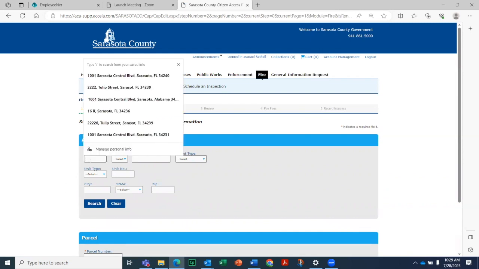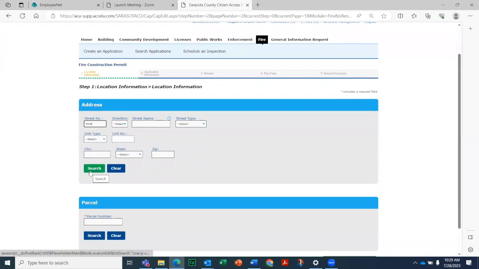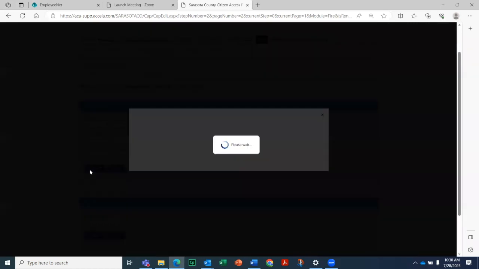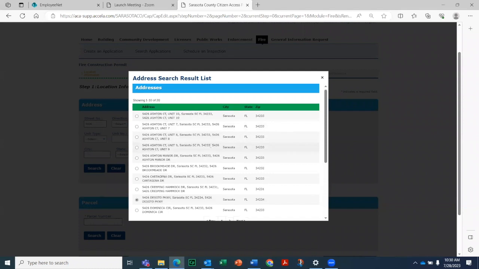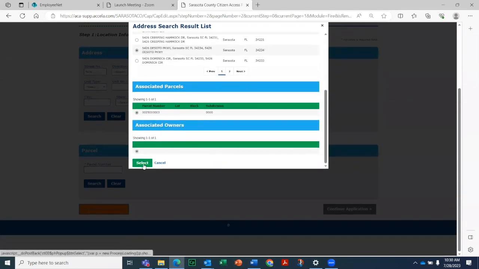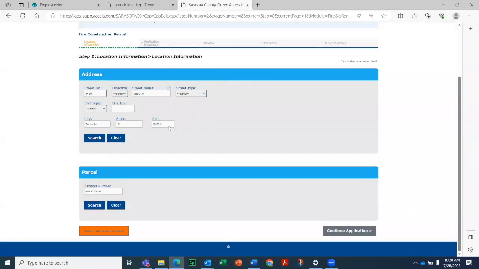Punch in the street address of the location of the project. I start with either some numbers or a street name or a combination of the two to search. Less can be more in this particular option. Scroll down once you have chosen one and hit select, and it will complete the parcel information for you as well.